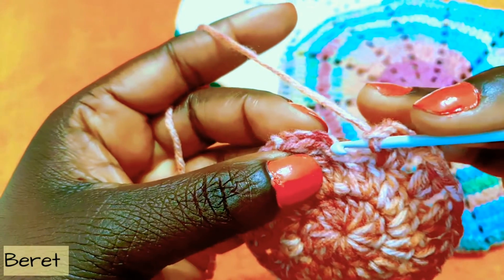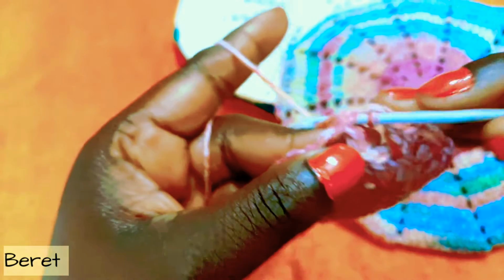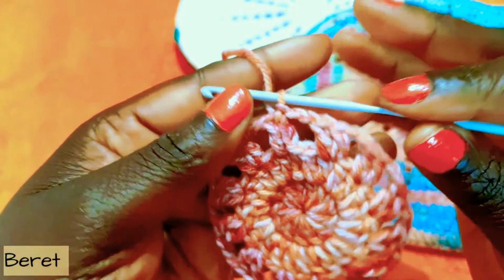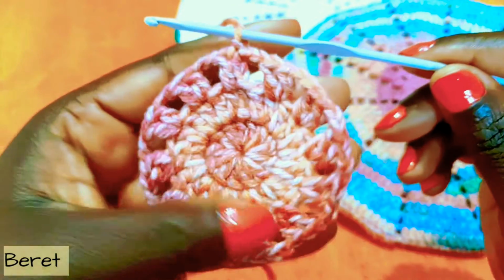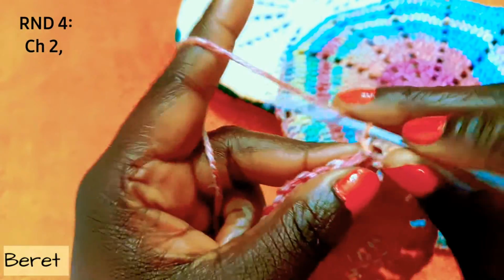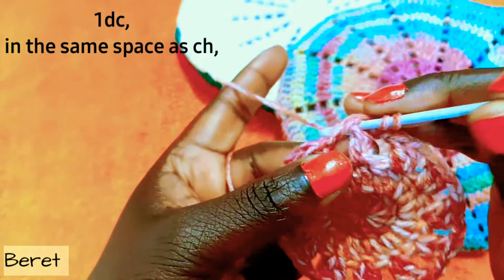and then go on top there, so that chain will look like a stitch. So our chain counts as a stitch. So this is how it looks like. So on our 3rd row, on our 4th row, we chain 2, we go straight to the same chain